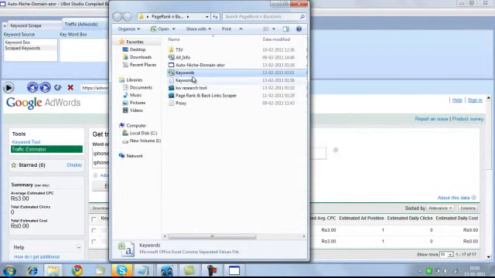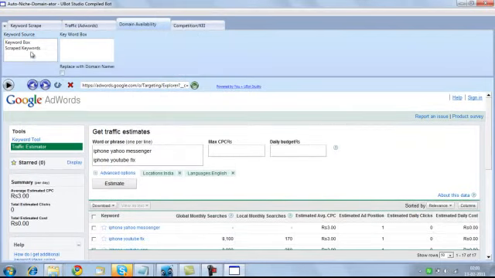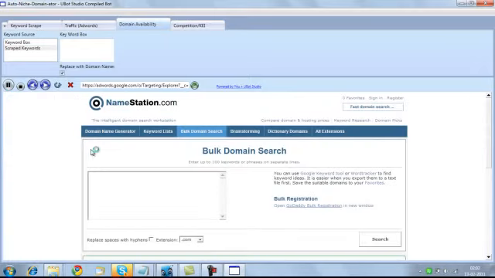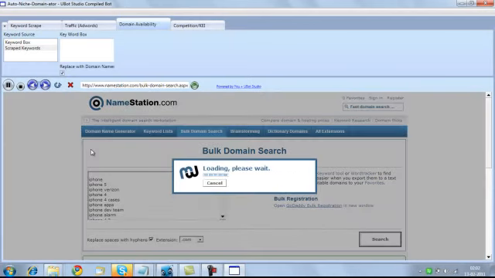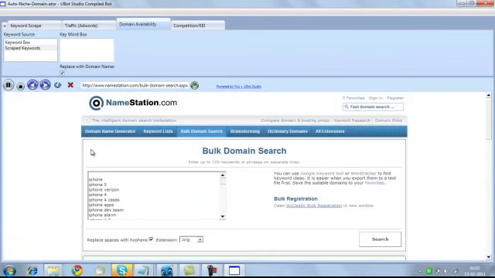Maybe I'll just take a backup of this file to make sure that if something goes wrong, we'd be left with something. Yeah. So here also in the domain availability box, I'll select the scraped keywords list, and I'll select this box. I'll tell you what the meaning of this box is, and I'll just hit the play button. Technically it should go to namesearch.com, namestation.com, and it will type all your keywords one by one. It will find the domain names related to all your keywords. First it will search for the .com extension, then .org, and then .net. And it also has an option of replacing spaces with hyphens.